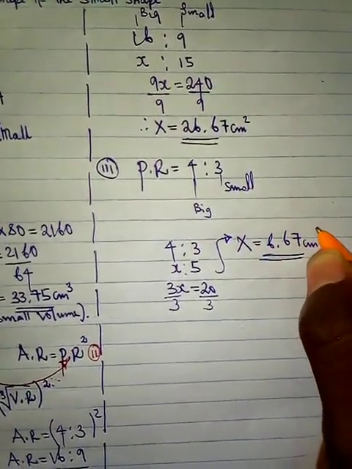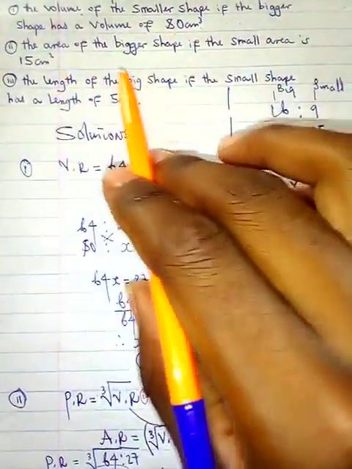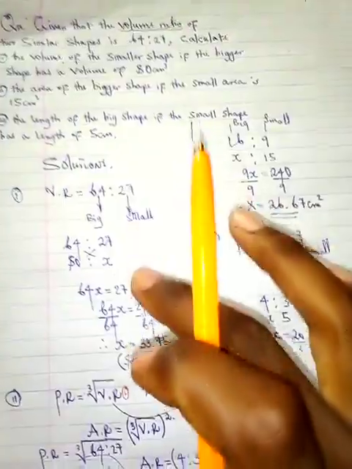Don't put squared or cubed, because this is just length. So it's referring to the perimeter ratio here. So this is how you can determine this